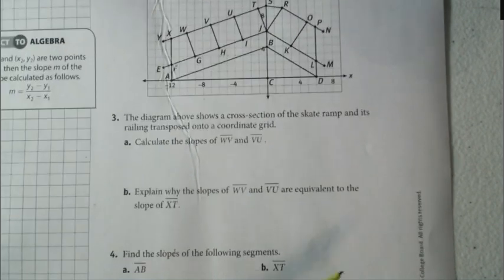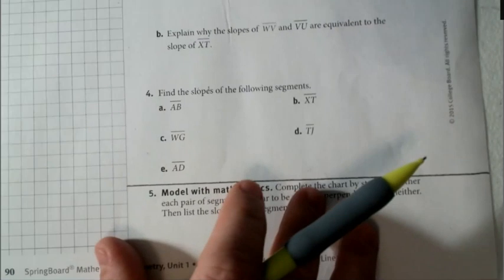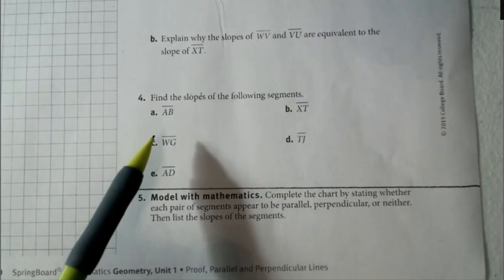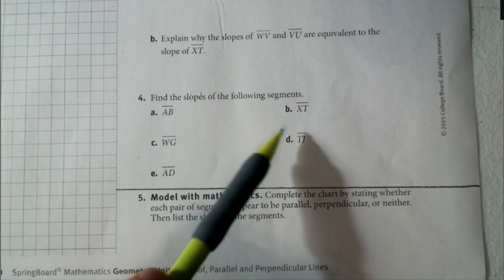Question number 3 says, the diagram above shows a cross section of the skate ramp and its railing transposed onto the coordinate grid. A. Calculate the slope of line segment WV and line segment VU. Explain why the slopes of WV and VU are equivalent to the slope of XT. That's part B. And question number 4 says, find the slopes of each of the following segments: AB, XT,